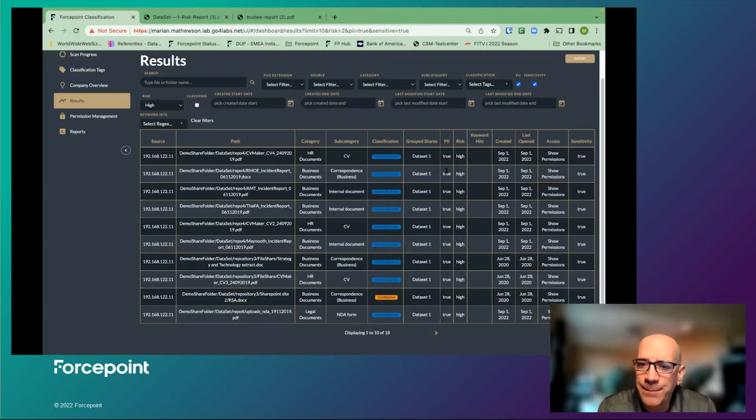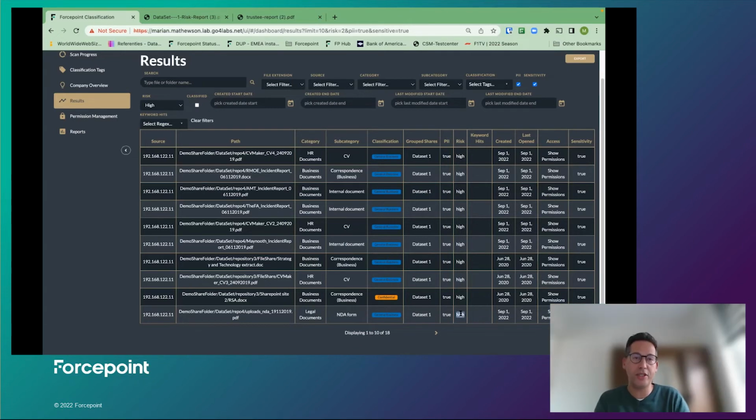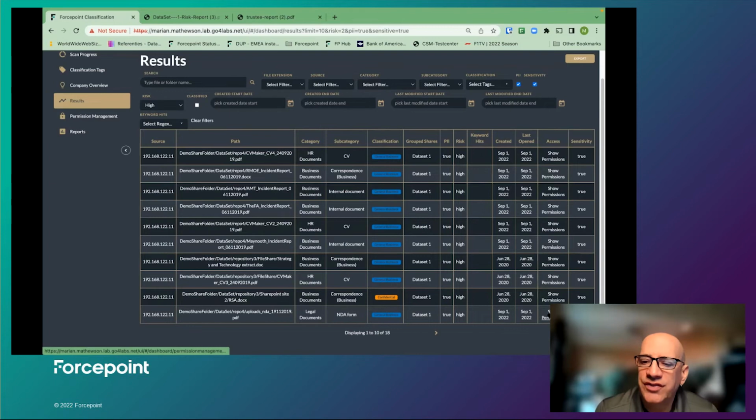And then the risk, it's risk for what? What are they at risk for? So the risk here in this case is files that are deemed sensitive by the machine learning models and are potentially overshared. Is it a risk then of exfiltration or a risk of compliance?